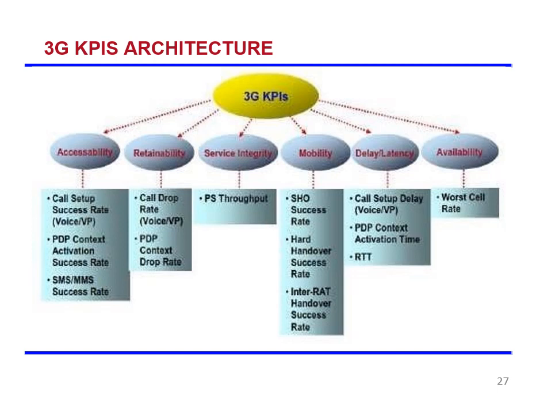Okay, we have seen so far the 2G KPIs. Now coming to 3G KPIs. These are the 3G KPIs. 3G KPIs are classified in various categories. What are the various categories? Accessibility. Accessibility is nothing but the mobile phone getting access to the network. Here there will be the call setup success rate, which we have seen in 2G, same thing.